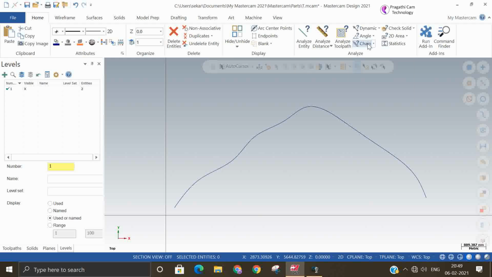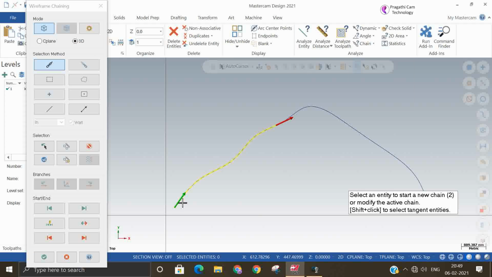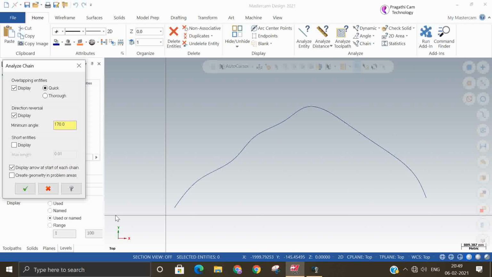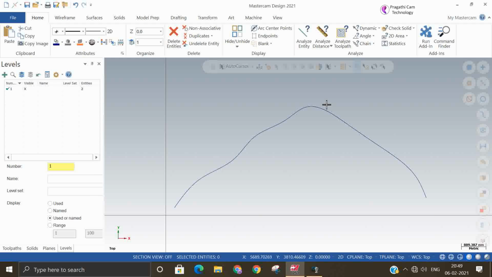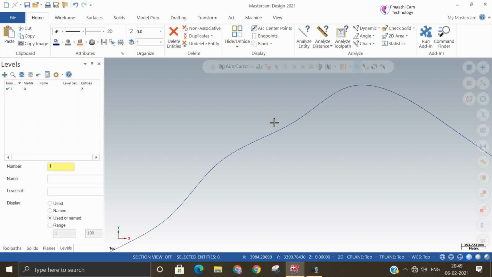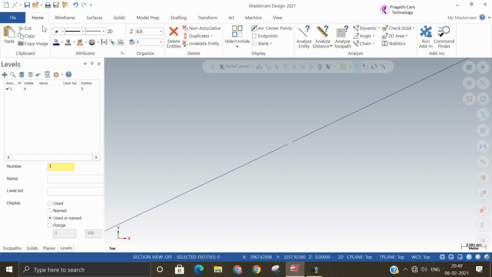If you see analyze chain, you can see that it stops over there and starts again in green. So it shows that the number of chains is 2. But I need one chain. How are you going to repair this? This is the challenge. If you unzoom, in between these two you can add one line.